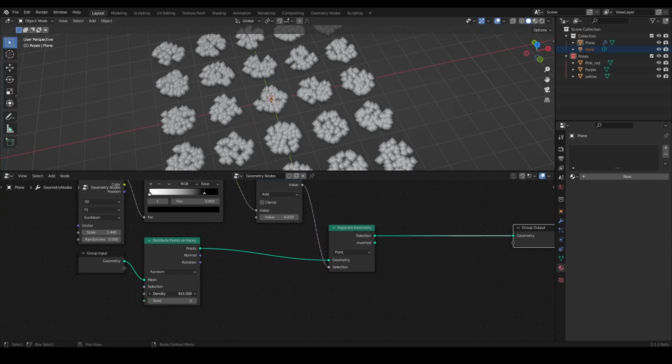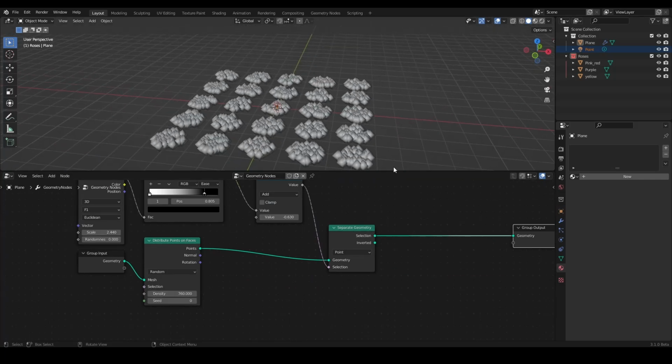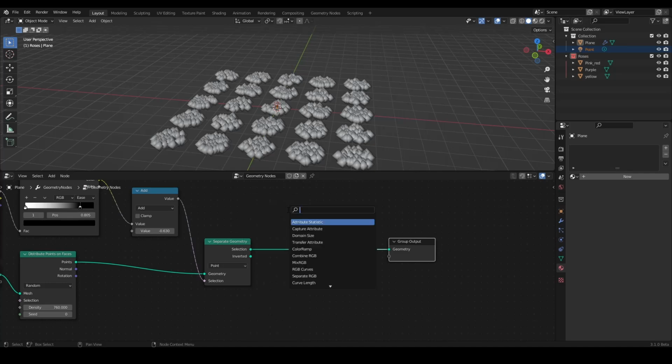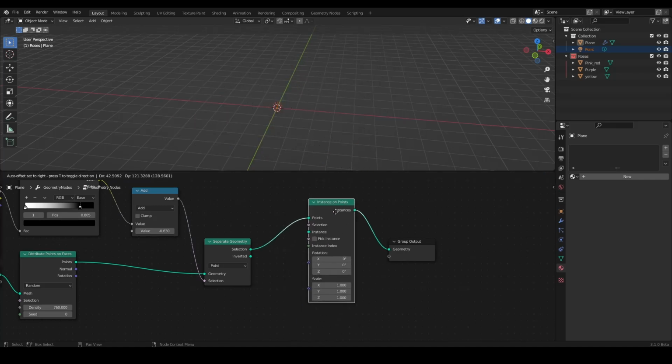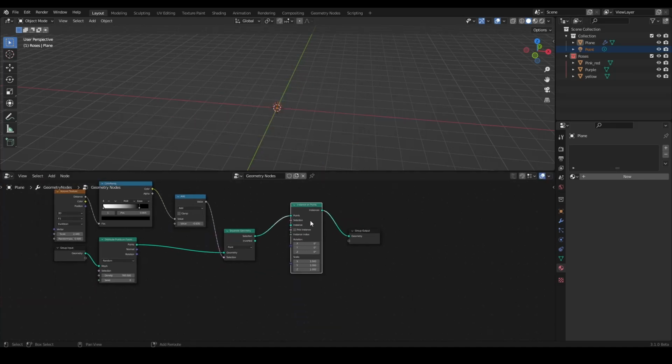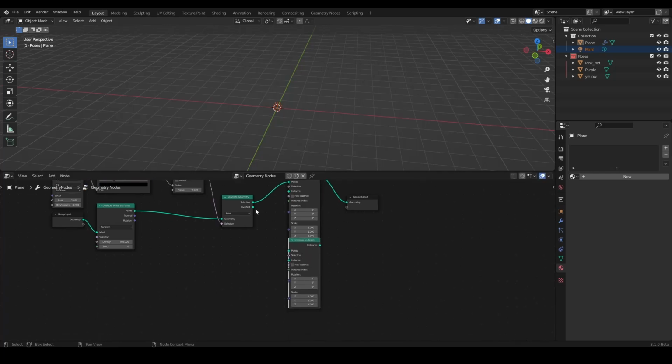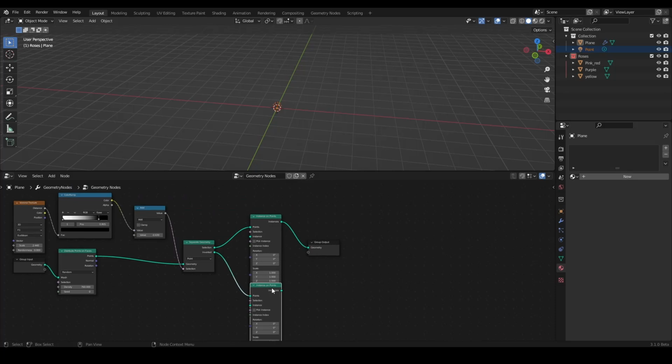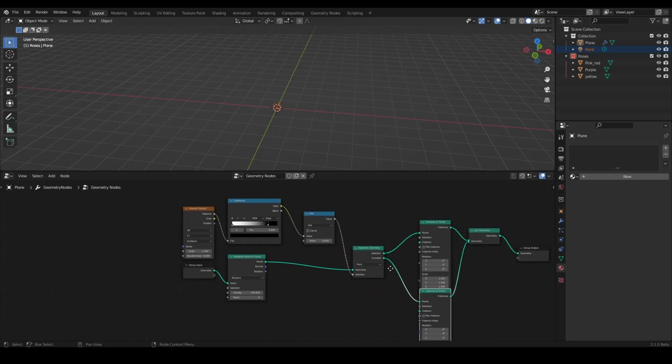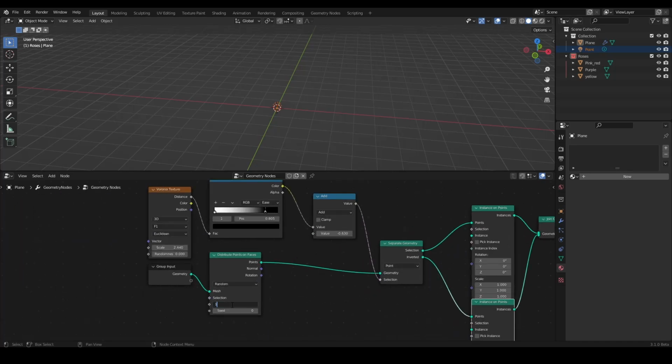This maybe, and now we can instance on them, instance on those points. Something like that. And we will be joining them back here. So I will lower the points because it can be heavy,